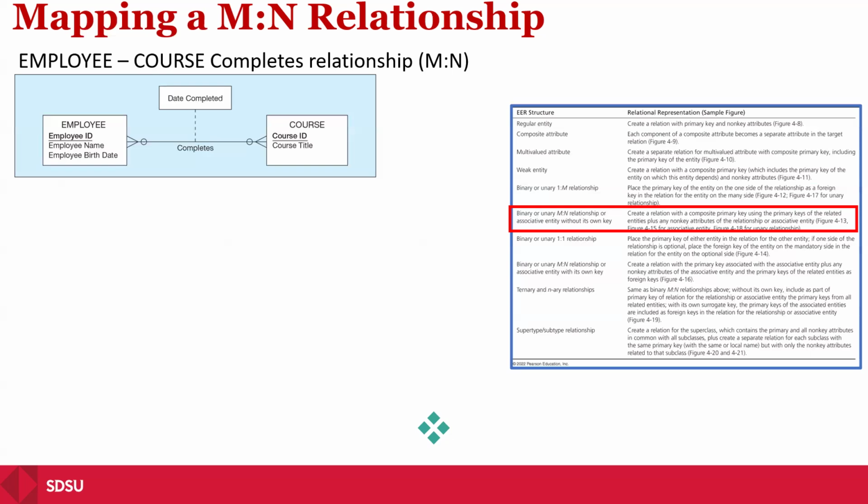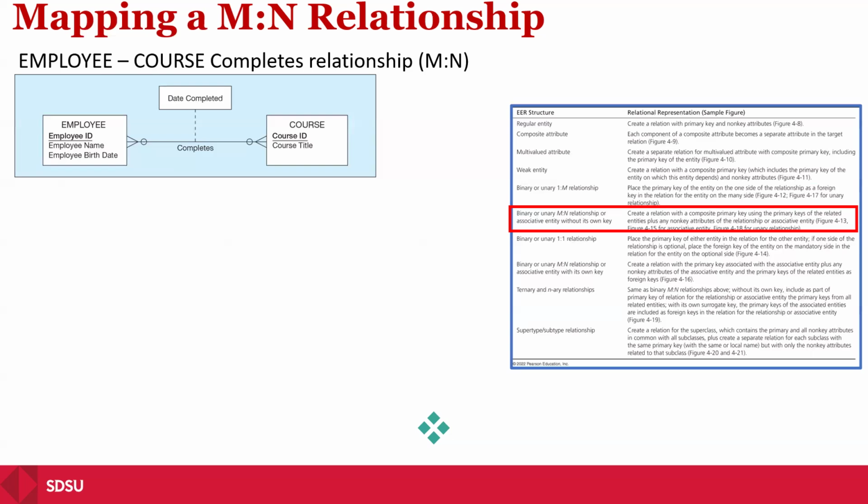So when you have a many-to-many relationship between two entities, you will end up with three relations anyways. So during conceptual design, it doesn't really matter what you put there, attribute on the relationship or associative entity, because again, during the logical design, you will always have to create a link entity relation or association relation between